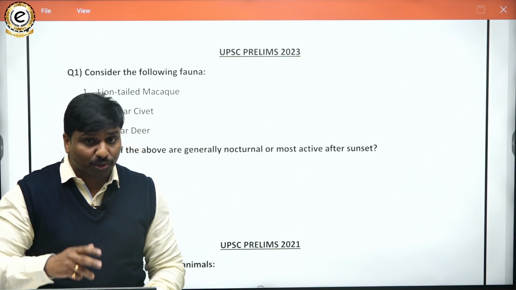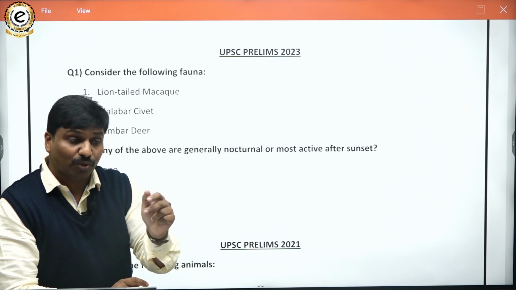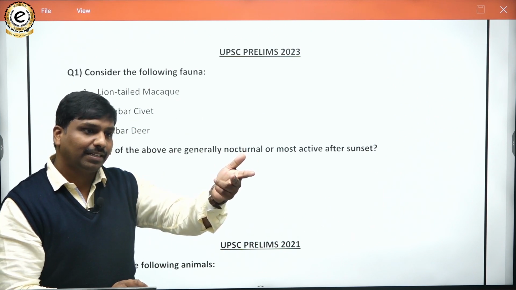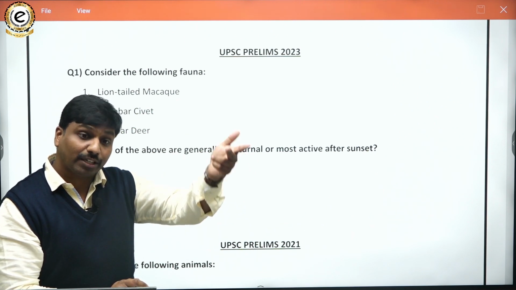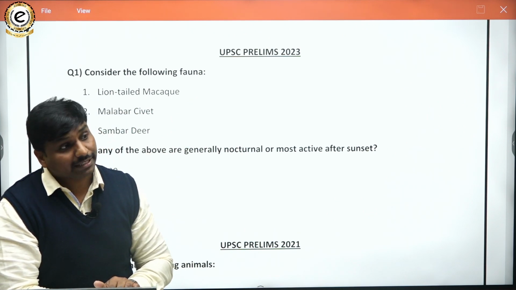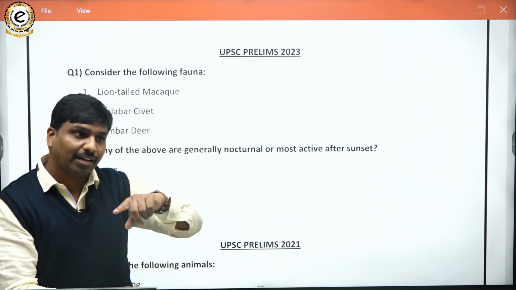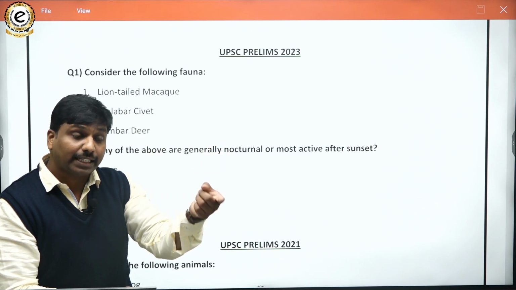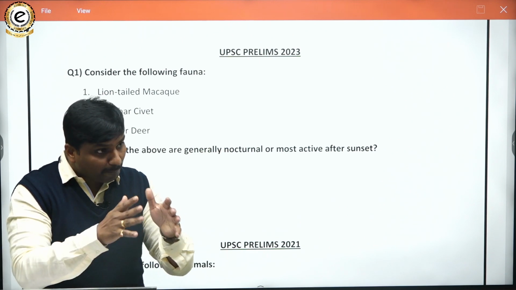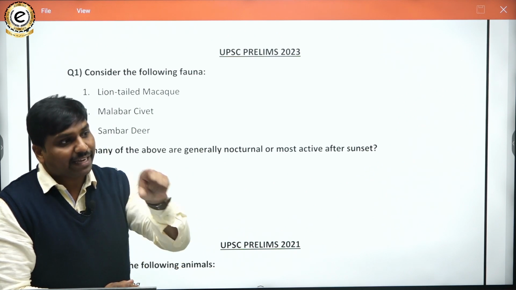Remember that. Usually this kind of example will trouble you. And here you remember the definition also: those organisms which are active in the night time more than the daytime. That means we are not saying that they are active only during the night time. It is wrong to define it that way. The right thing is that those organisms which are active in the daytime more than the night time are diurnal, and those active during the night time more than the daytime are nocturnal. This would be the most appropriate way to define it. Examples like this may confuse you in the exam.